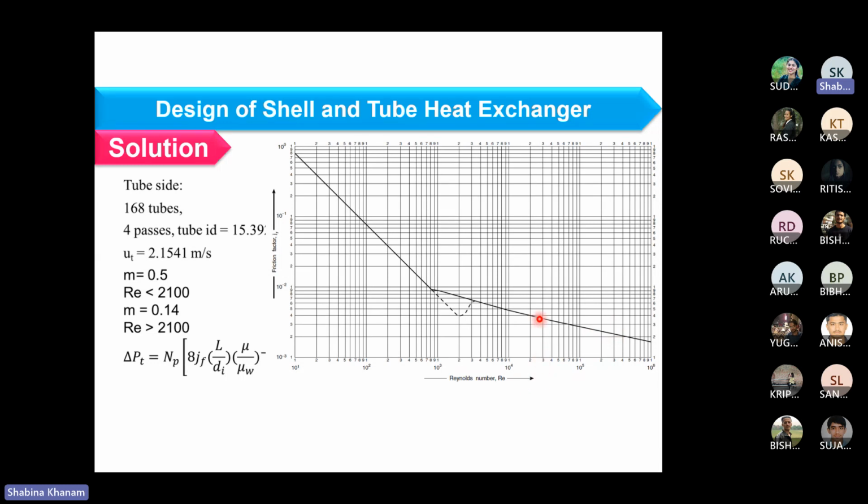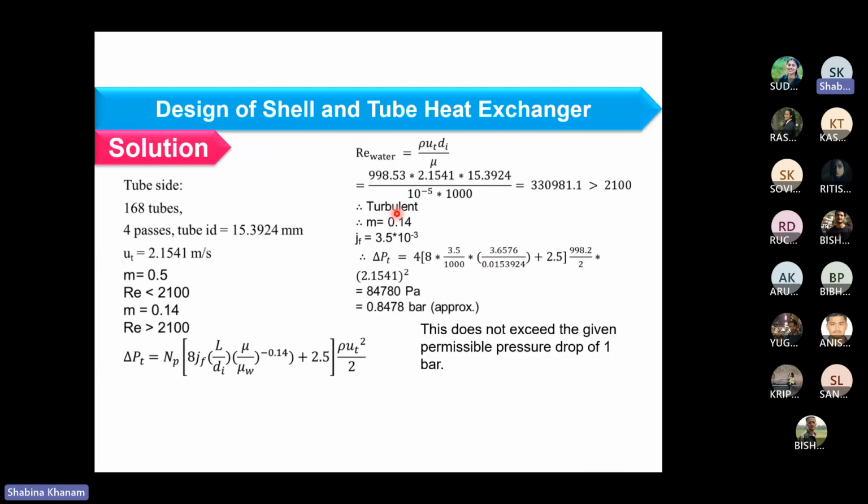So you can see this value and this value from the graph. Once I'm having this jf value as 3.5 times 10 power minus 3 from the graph, we can calculate